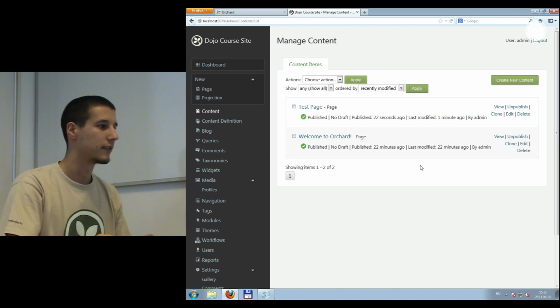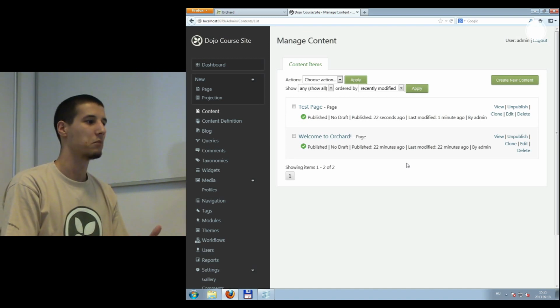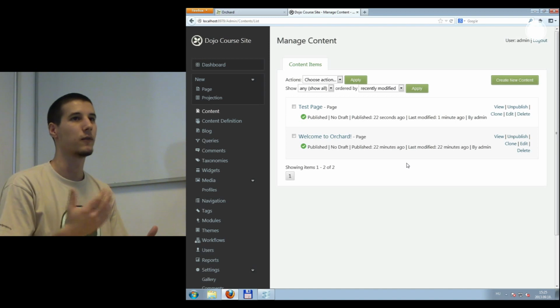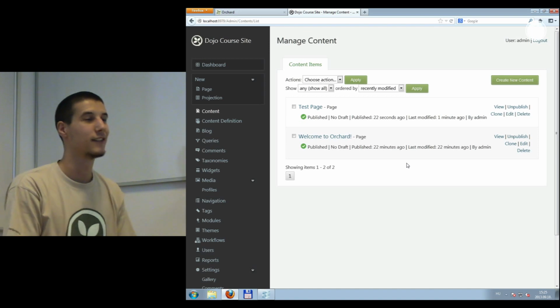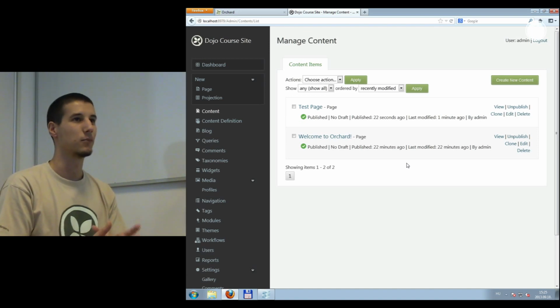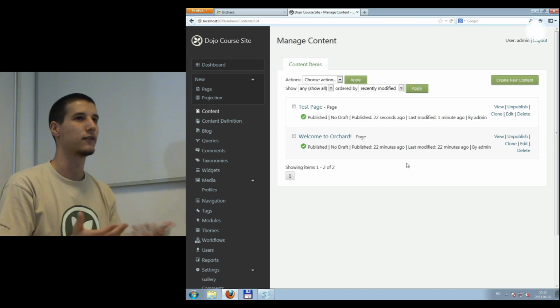So basically that's about content. Feel free to explore it, or really I encourage you to explore it, because these are very basic functionalities in the system, and since everything is really related to content in Orchard, more or less, every time you deal with something in Orchard, you deal with your own module, in 90% of cases it will be connected to some content management too. So for example, you will create content items and some editors for your customers, for example. Okay,